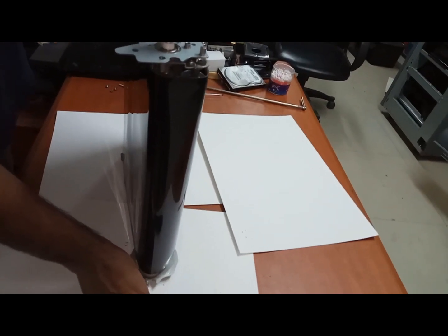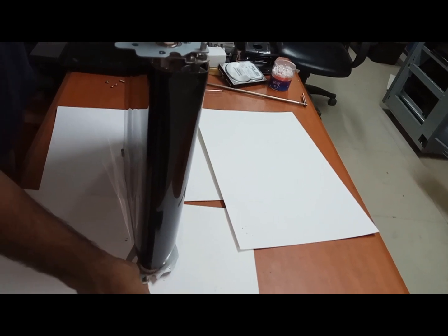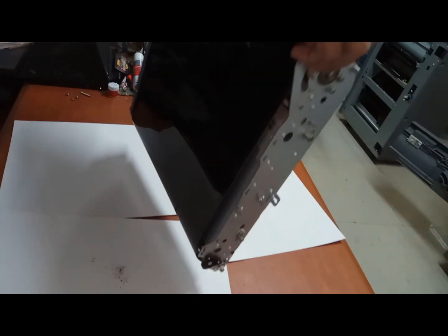Now we can rotate like this. While rotating, see, hold like this, not on the belt, on the metal body and here. Hold like this and keep it here. The belt will not touch the ground. There is one inside, that will be there. Then you can